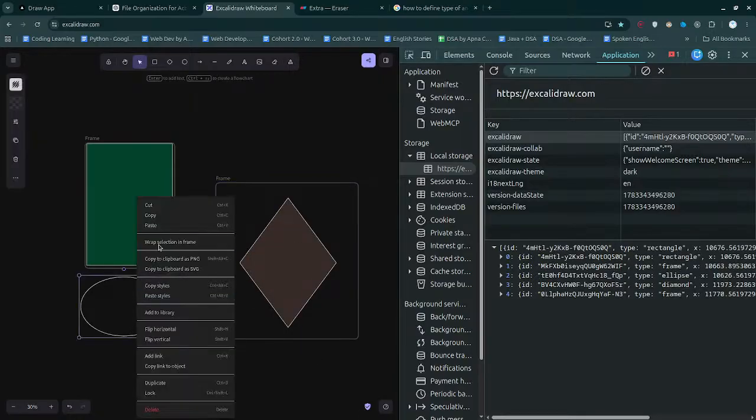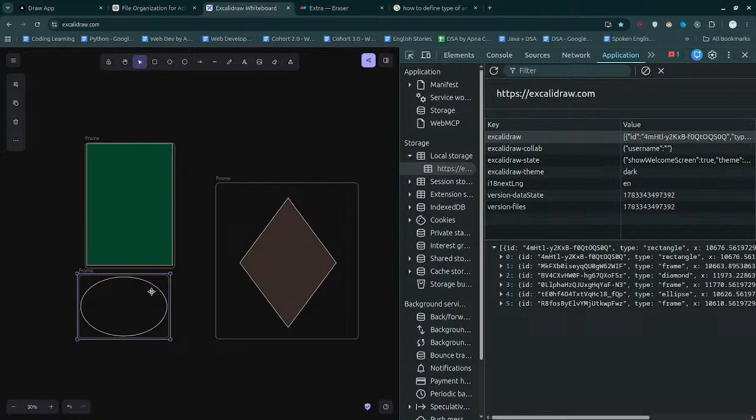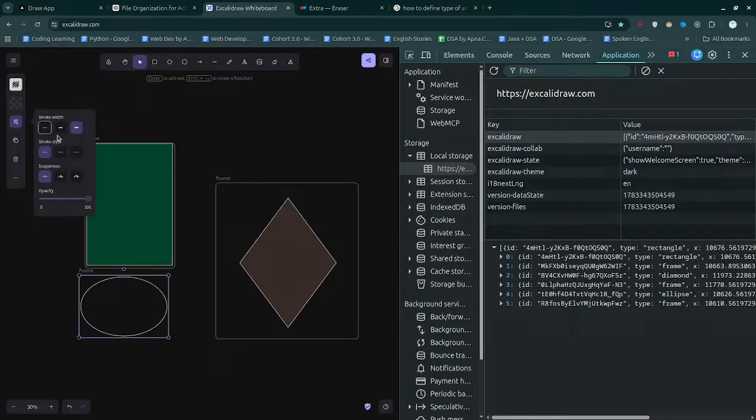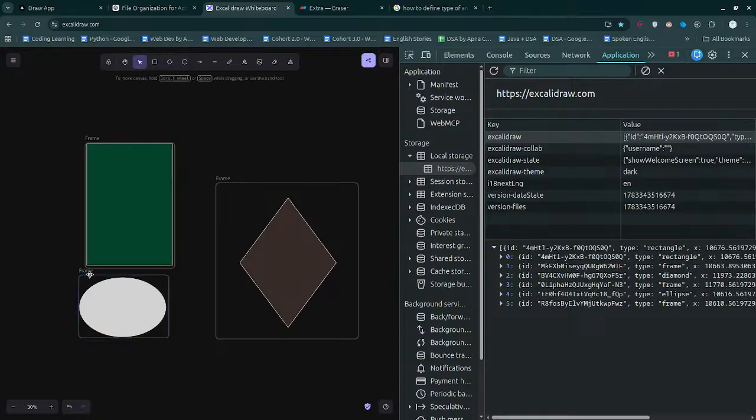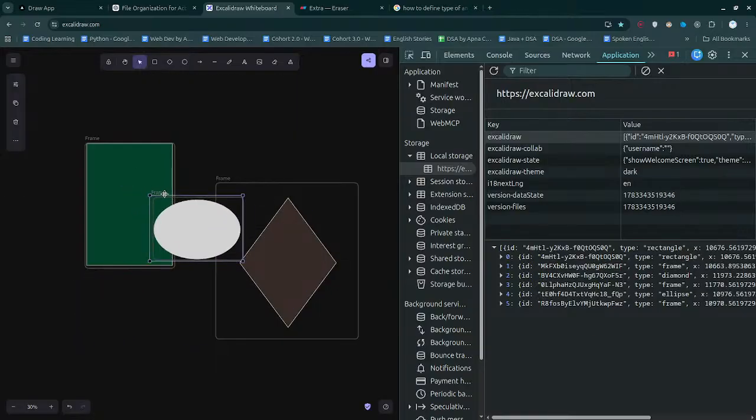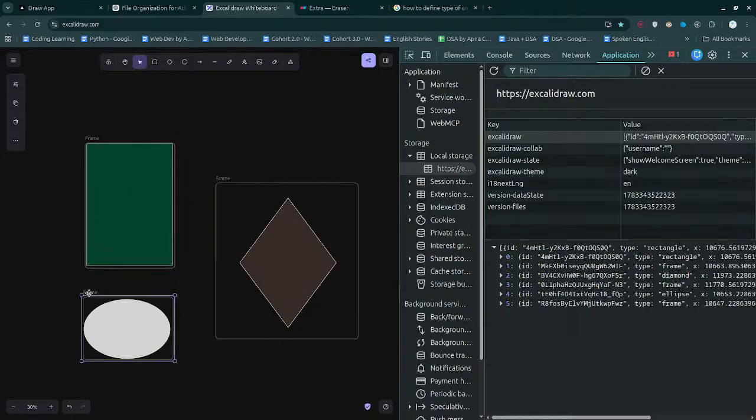Suppose this is gonna be the new frame. Once I have this ellipse, that's gonna be at last, and this particular frame will be on top of every previous shape. So the current one will always be at the top. That simply means we are rendering them from the beginning till the end, and this is gonna be the last one, hence this is at the top. This is the first thing. Okay, fine. And when we select,